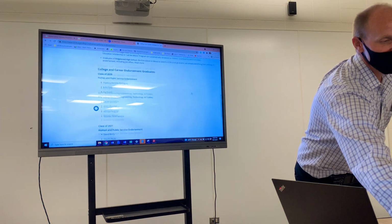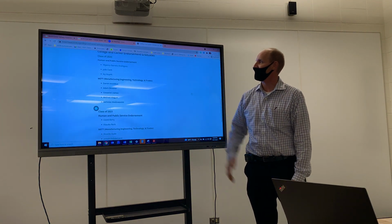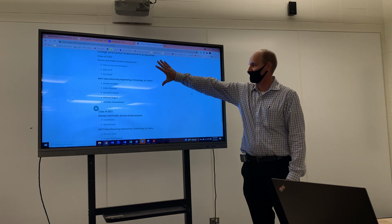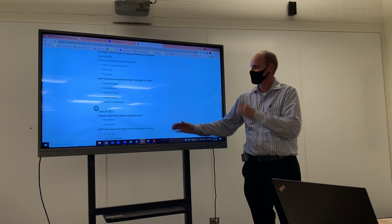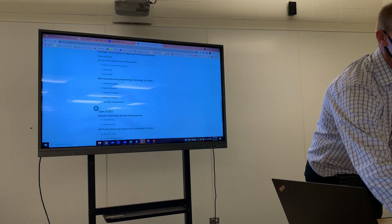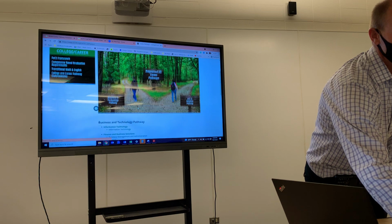You can even see at the bottom, this has students who have earned the career endorsements through the Illinois State Board of Ed. These were the very first students in Illinois to earn this on their diploma. Other students have since joined in the 2021 class with other schools. And then if you look at our career pathways,